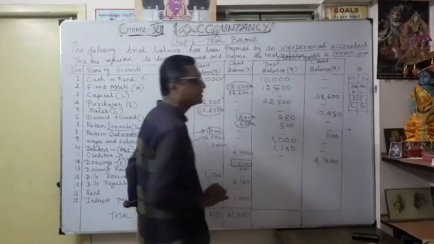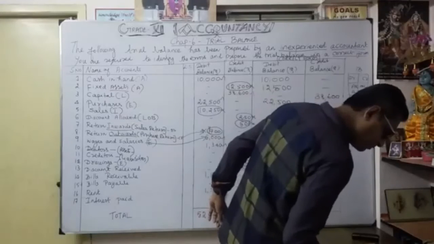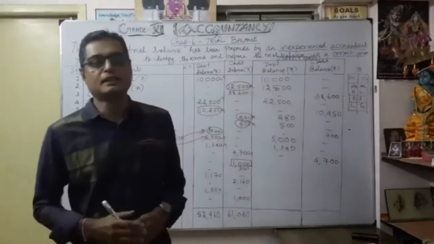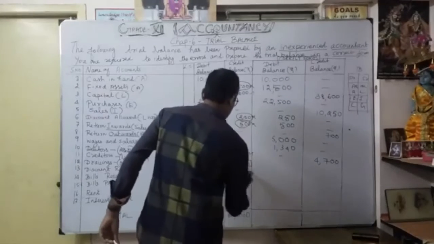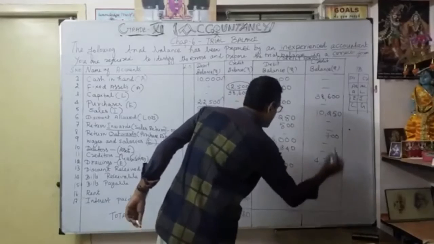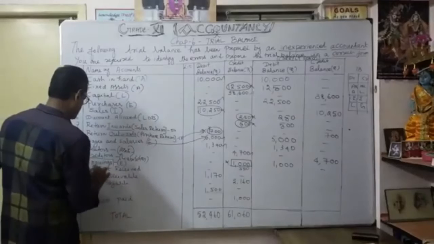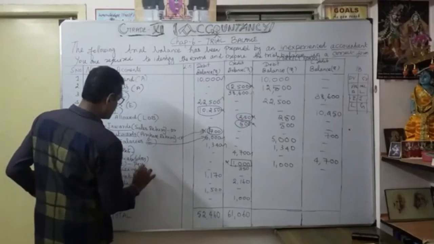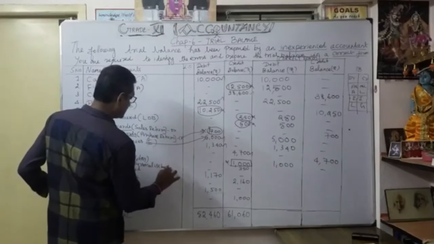It is not an income of the company, isn't it? It is an expense of the company. Okay, that's why we are going to make it a debit balance. Drawings is always a debit balance. So this is wrong. So I make it correct. 1,000. Okay. I understood. So drawings is a very, very important word. So why is it called drawings? It is for our personal use by the proprietor.